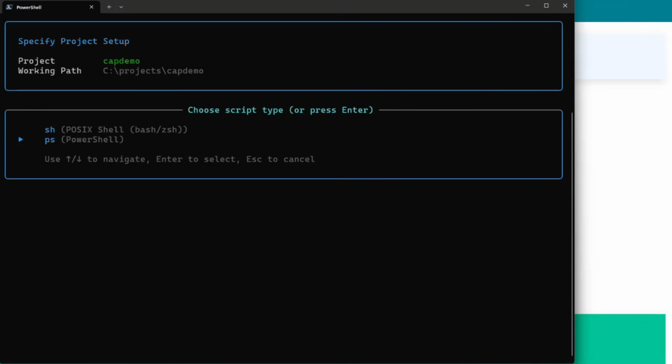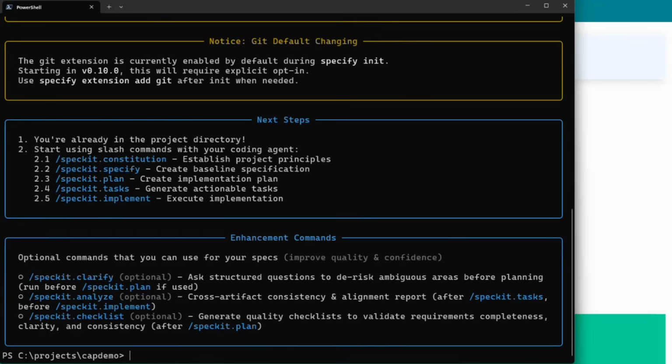So one of the ways that a lot of people are approaching it is they are making all the stuff that Spec-Kit creates part of the git ignore, so it doesn't get included as part of the repo, so that each developer can create their own set of scripts for Spec-Kit, and that does work fairly well that way. It's really just a couple of steps that are involved, and it's set up, and then it gives you a little bit of guidelines. So it says, hey, you're ready to go.